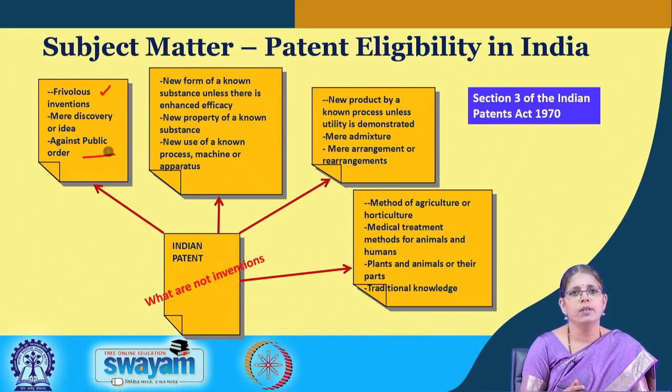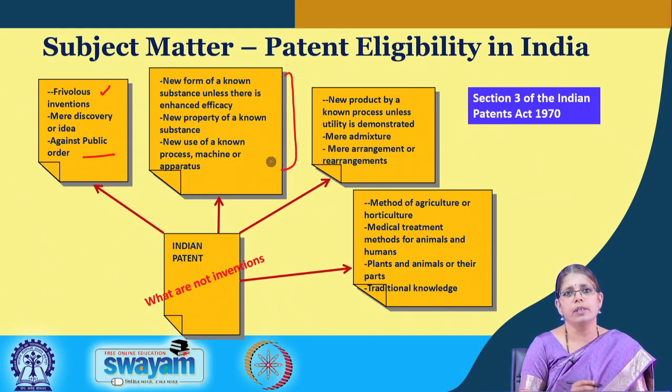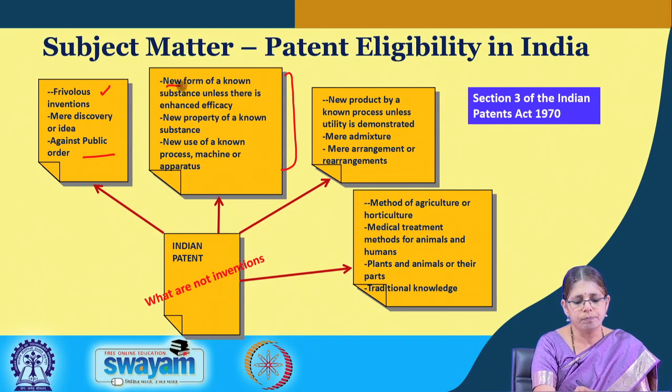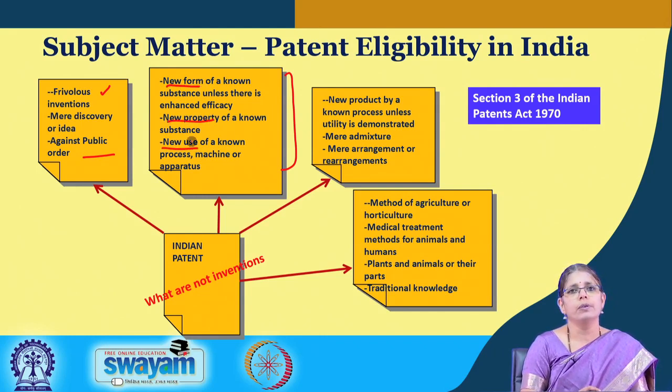the law. Another important category of inventions which are not allowed under the Indian Patent Act are the specific reading of section 3D, in which there is new form, new property, new use. So, new form of a known substance in India will not be patentable unless there is an improved efficacy. One can recall the recent case of Novartis versus Union of India, where this was discussed